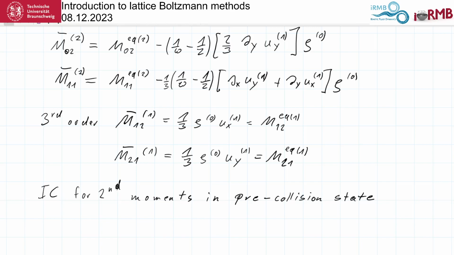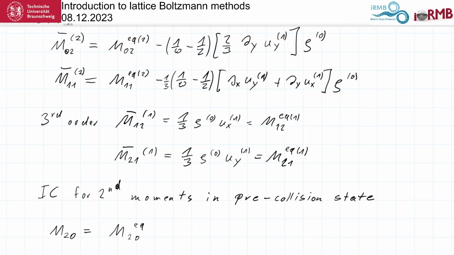By the way, this is something that I expect you to be able to do in the exam. Because we have this overbar version, which is the average between pre and post collision, but we have to initialize with the pre-collision. So how is the pre-collision different? Of course, when we set initial conditions, we cannot set to a certain order. We just can't set the initial conditions, right? This is why I don't write an order here. So we set this to the equilibrium, which we can compute. And then we'll have,